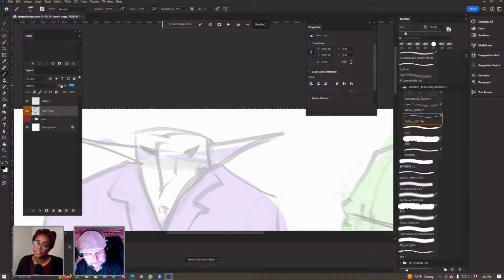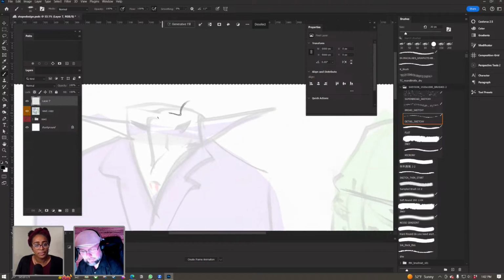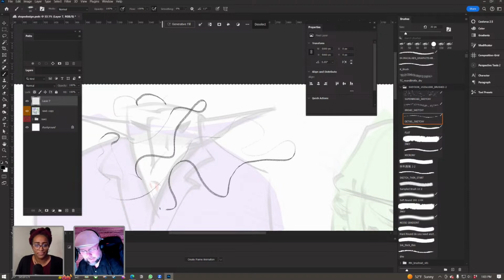Let me lighten this up a little bit more. I try to keep it as low as possible, and just be able to barely see the lines, but I'm going to use a much smaller brush now. I can still get light lines where I'm not doing any pressure, and then I put it down and do a lot of pressure.